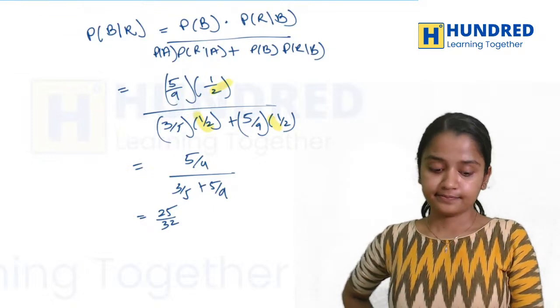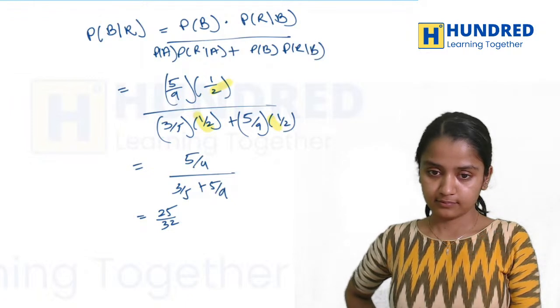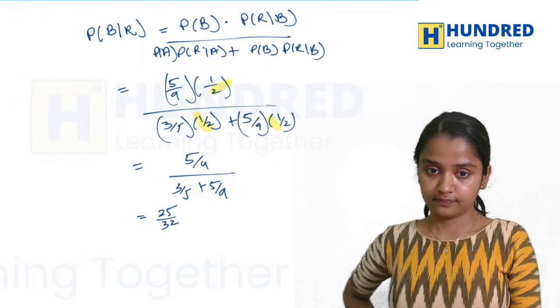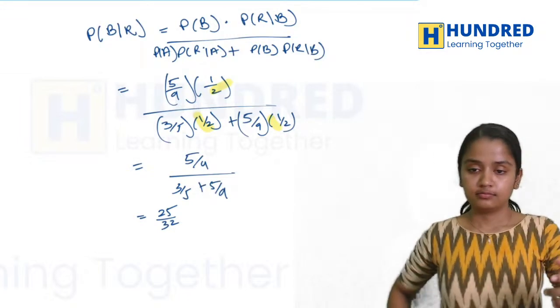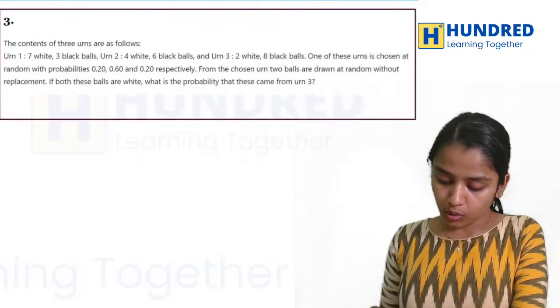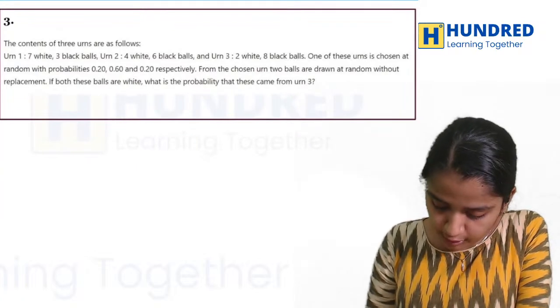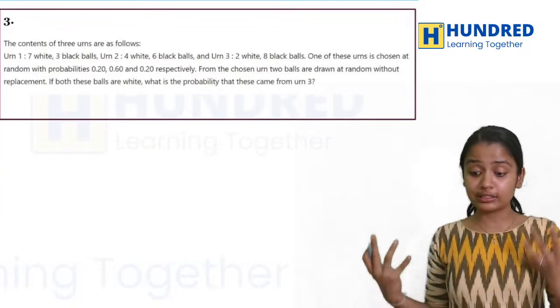Are you clear? Yes or no? Understood? Okay, super. So now let's go to the next sum. The next sum, again you have 3 urns